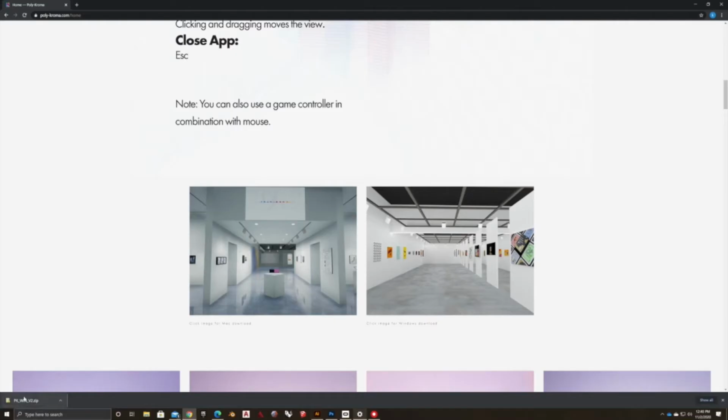And it'll be a black screen, and it might take a few minutes to load, so just be patient until you see the gallery. To download for Windows, follow the same first steps, and once it's downloaded, click Show in